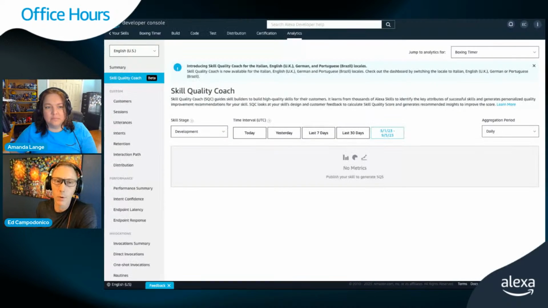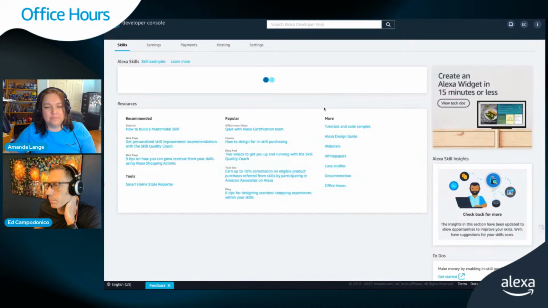Latency on this skill is slow. Yeah, I was noticing you said on the bar on the left here where it says custom. If that's smart home, you'll see another thing there that says smart home, and you'll have more smart home data. If I were to go into a skill with